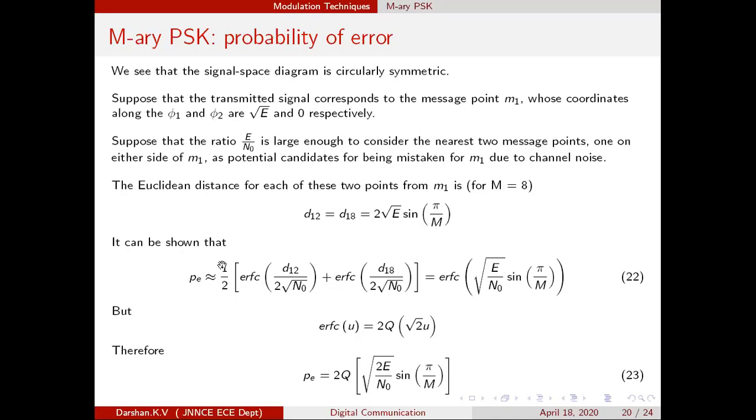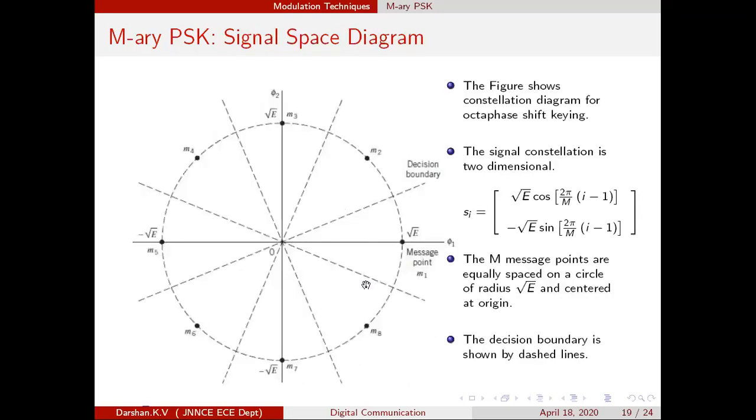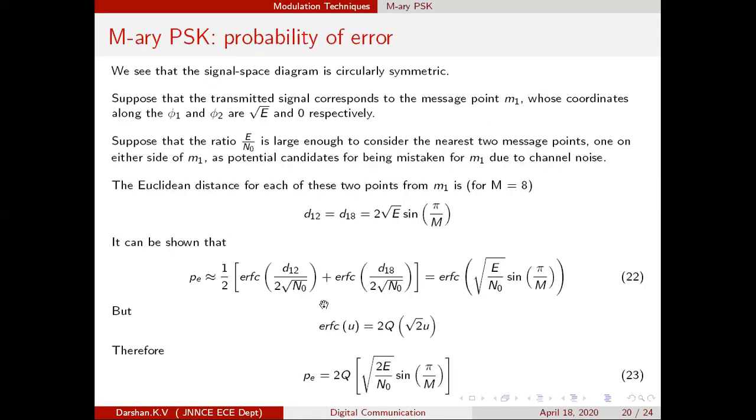You have this 1 by 2 as a constant. Currently don't worry about this 1 by 2. How this 1 by 2 has appeared, there is a derivation. Let us not write the derivation, we are going to directly take that expression. But the very important thing is why we have written two terms. The two terms correspond to the error when the signal is falling in the region M2 and the point falling in the region M8. So both things should be considered, that is why you have a plus term.